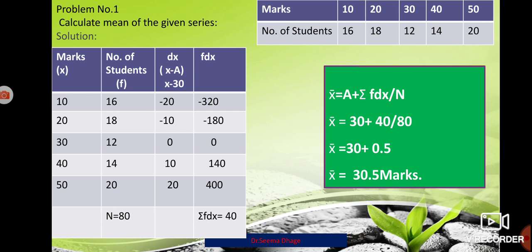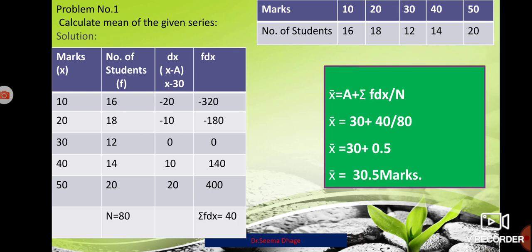Now we have to take any value as assumed mean and we will denote it as a. But you should remember that any value, whether existing in the data or not, can be taken as assumed mean. So it can be 10, 20, 30, 40, 50, any. However, in order to simplify the calculation, a value centrally located in the data can be selected as assumed mean. So to simplify, we have selected 30 as our assumed mean. We take assumed mean on the basis of logic or experience. So I have selected 30 as assumed mean.